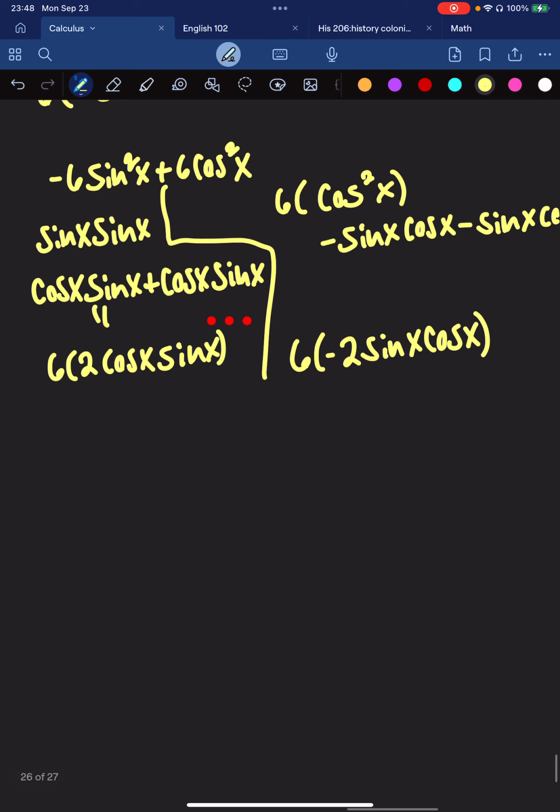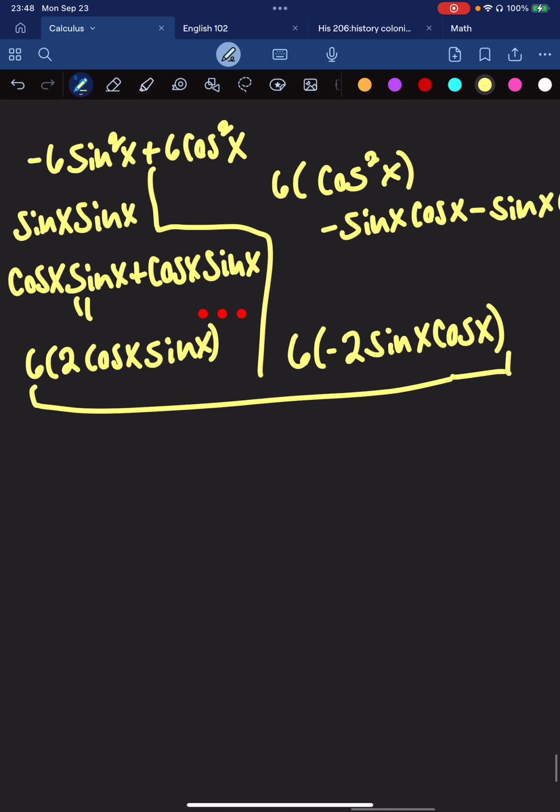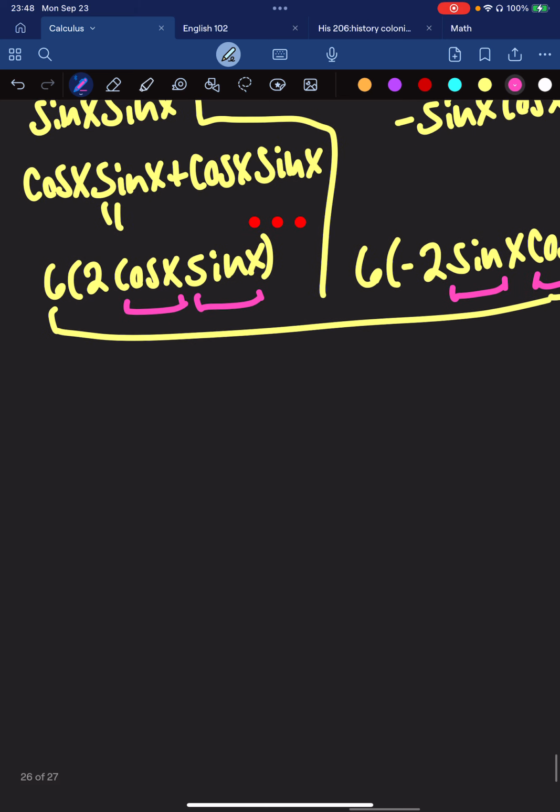All right. So now notice that with these two, they look very similar. And there's a good reason for that. You see that the order is cosine x and then sine x here, and this one is sine x and then cosine x. Truthfully, the order does not matter because you're multiplying against each other. So we can rewrite either one of them to fit the other. And we're going to do that now after we distribute the 6 with the 2. So we have 12 cosine x times sine x